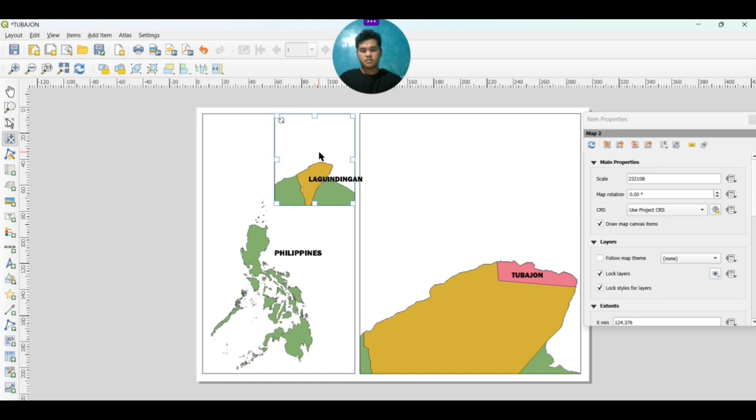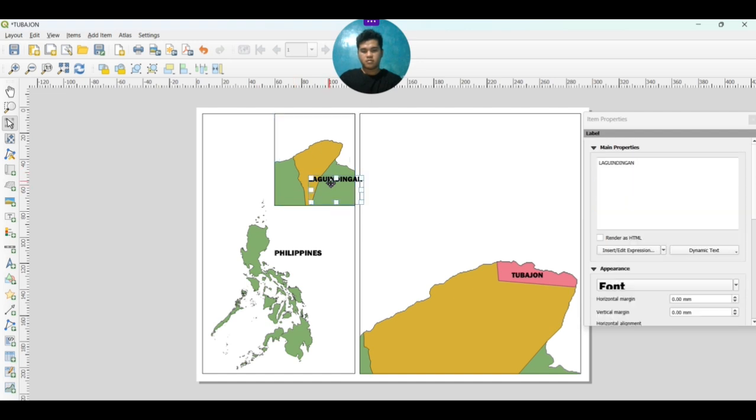Just zoom it, then move it. I just want to show you a zoom out. Then paste the name Lagindingan in the area.